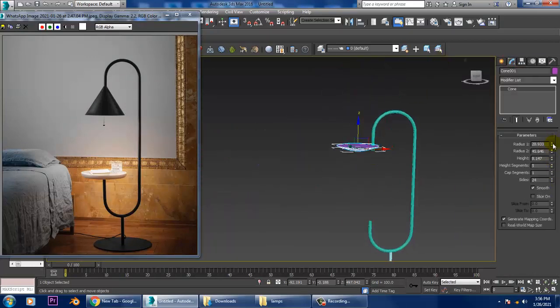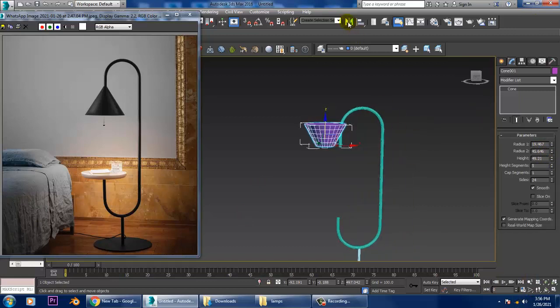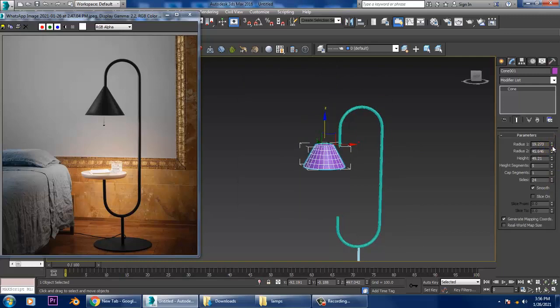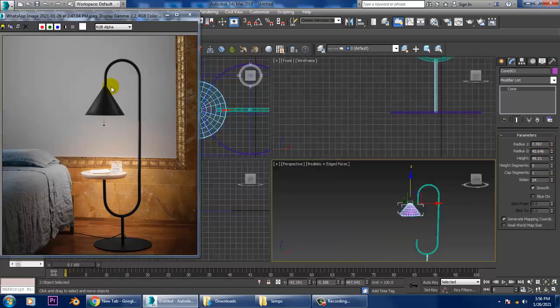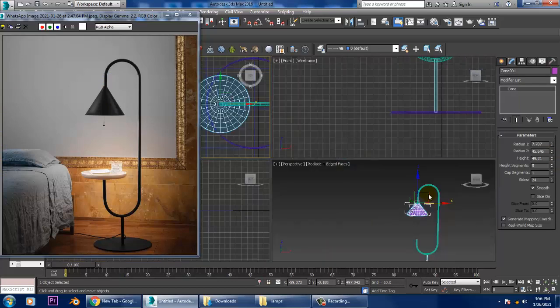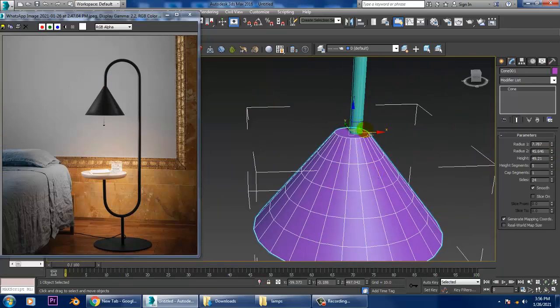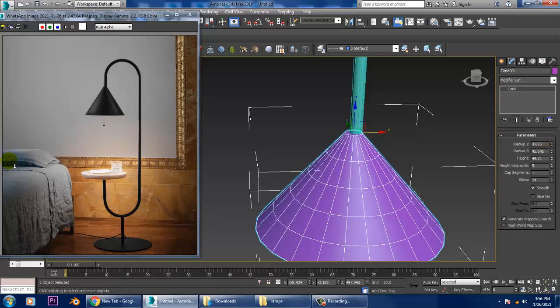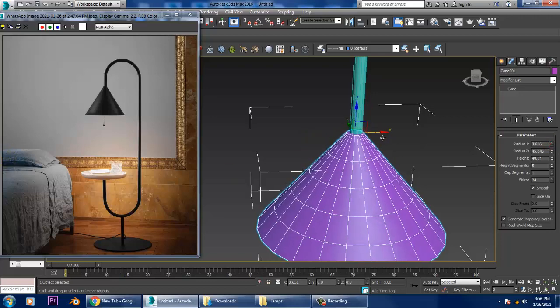Let's increase its height and just mirror it on the z-axis, reduce its radius. Just push it over here, radius 1, drag it over here.